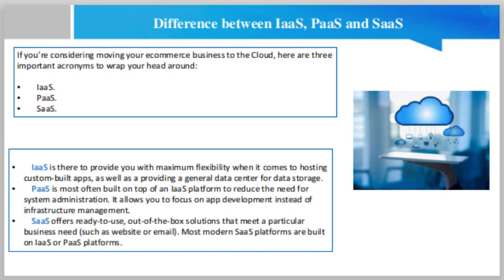IaaS advantages: maintaining on-premises infrastructure is costly and labor intensive. It often requires a significant initial investment in physical hardware, and then you will probably need to engage external IT contractors to maintain the hardware and keep everything working and up to date. IaaS solutions are highly flexible and highly scalable, and you can replace them whenever you need without losing money on your initial investment.